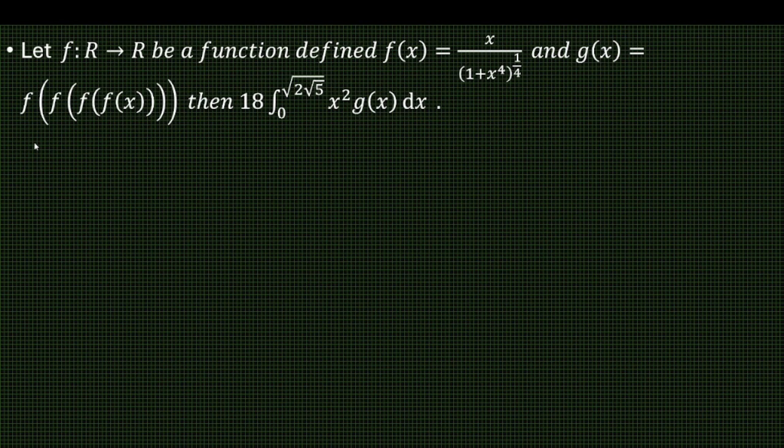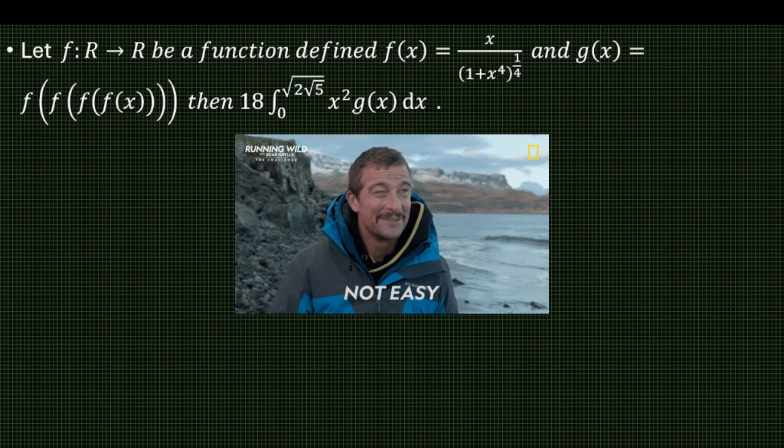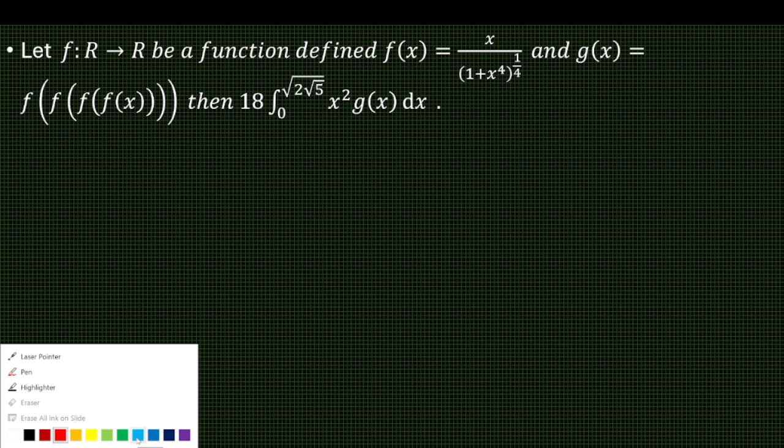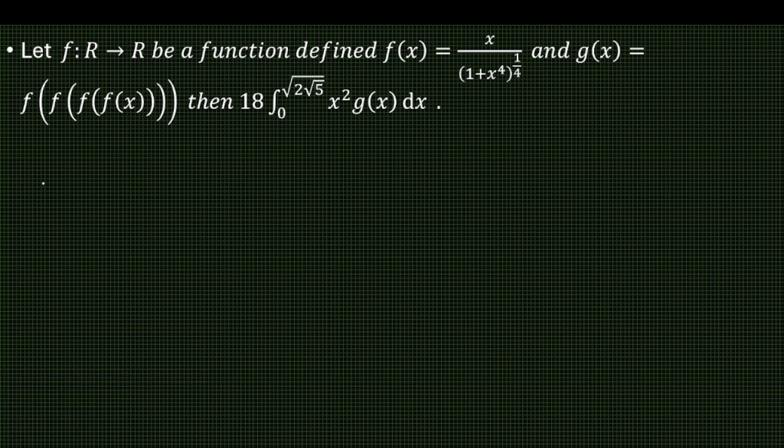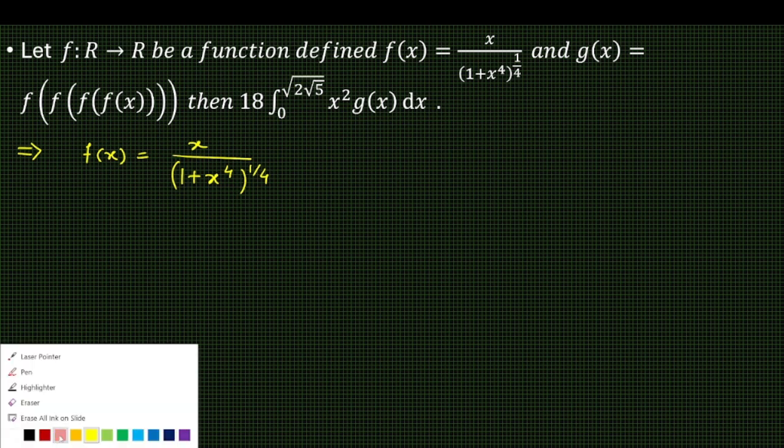JEE Mains 24 में से ये क्वेश्चन आया था. क्वेश्चन इज फ्रॉम फंक्शन चैप्टर. तो देखते हैं यहाँ पे f(x) = x / (1 + x^4)^(1/4) और हमें फाइंड आउट करना है g(x) जो कि एक कंपोजिट फंक्शन है. तो वो कंपोजिशन है